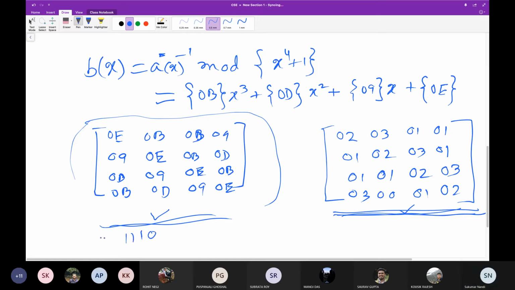For 0E, I have 1 shift, 2 shift, 3 shift, and their corresponding additions. If I have to do this, obviously it will take more time, because of x to the power 1, x to the power 2, x to the power 3. So I take more time to calculate this, whereas less time for mixed column.